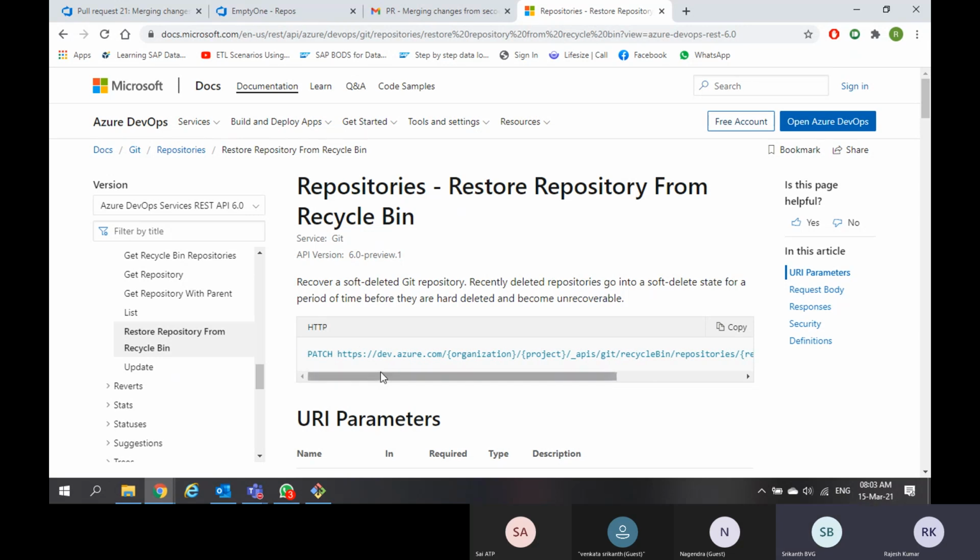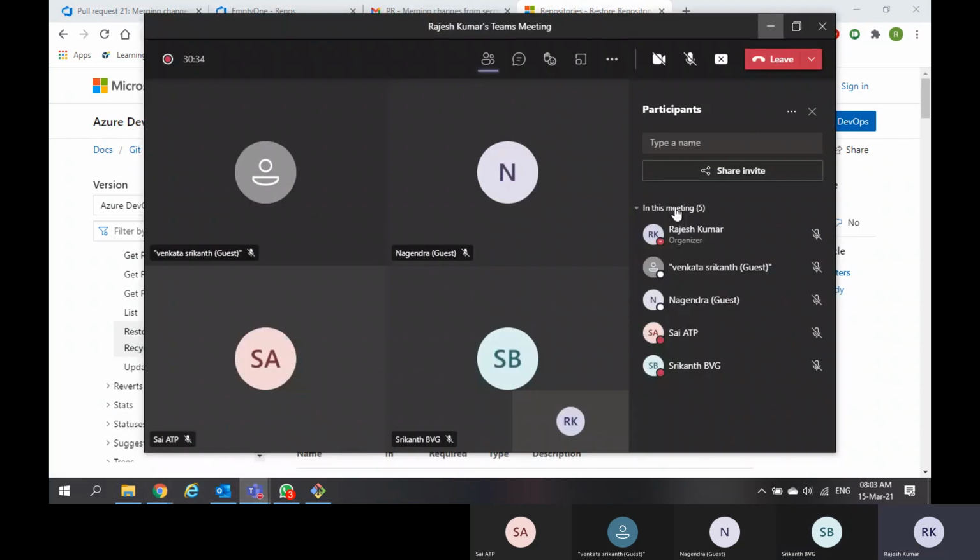This is the command. Here organization is your account, project is your project, then repository is the repository name or ID. I am giving this link, go through this link. But there is no way to perform it directly from the window, the GUI way. Correct.